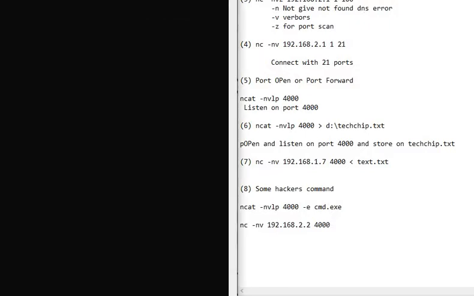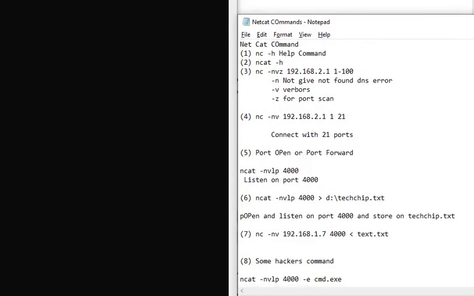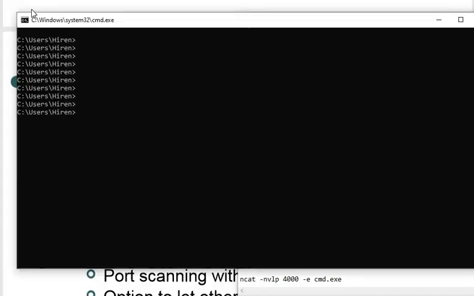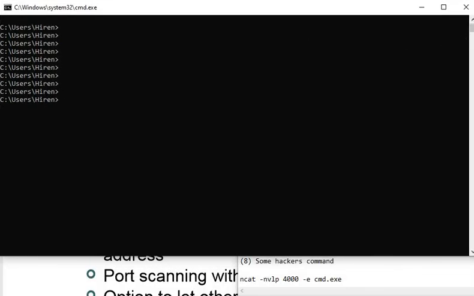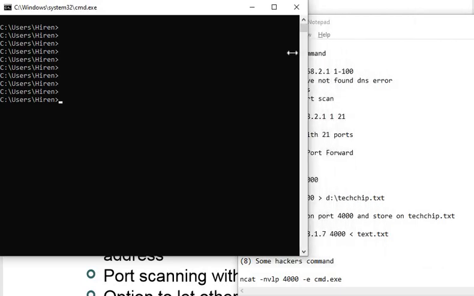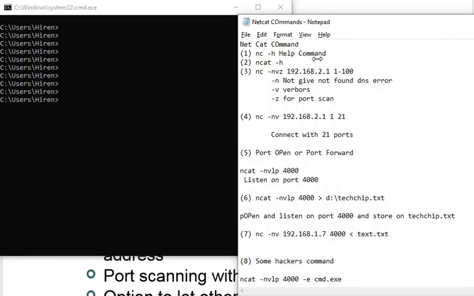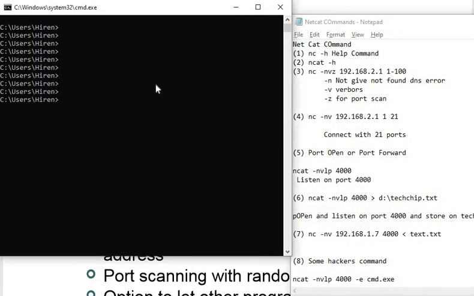Let me get all this into your recording screen. I think now everything is visible to you. This is the basic; there are some commands we will study today with netcat.